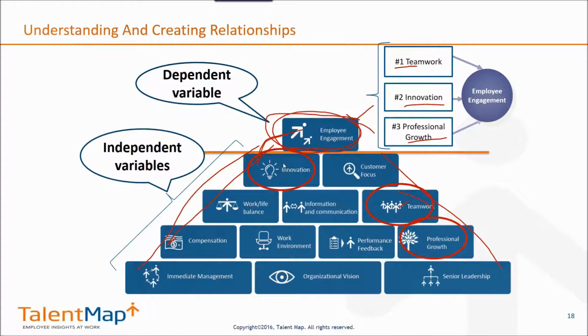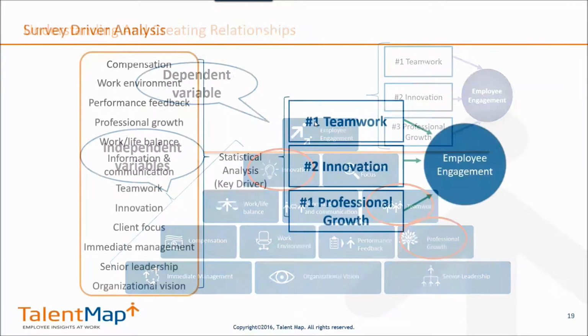And we simply do that by using statistics. What we do is we hold all the other factors constant, and then we increase or decrease the innovation factor. And we see how it influences the engagement score. If we increase it, does it go up or does it go down? If all the other things are held constant and it goes up or down, then we know it becomes a factor. If we simply increase or decrease the innovation score, all the other things held constant, and the engagement score didn't change, then it's not a factor. So that's a little bit of insight into how we actually determine it through the stats.